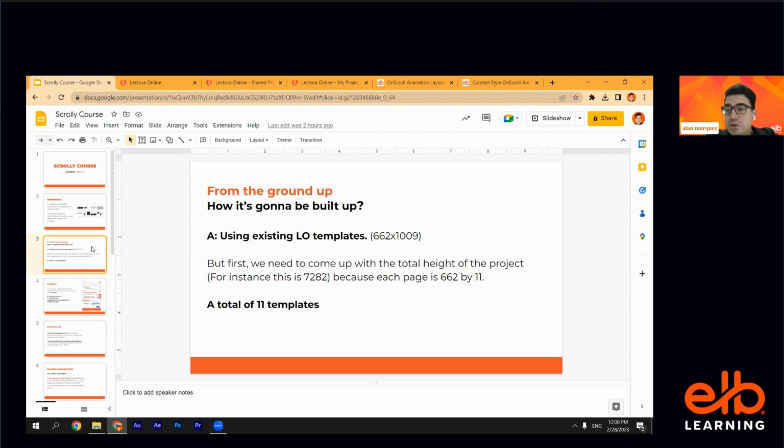We need to make sure this works also in Elo to make it available for everyone, right? So make it accessible for everyone. So that's why we decided to start this in Elo. And so this is a long course, and you can go like, I don't know, I don't want to say infinite,